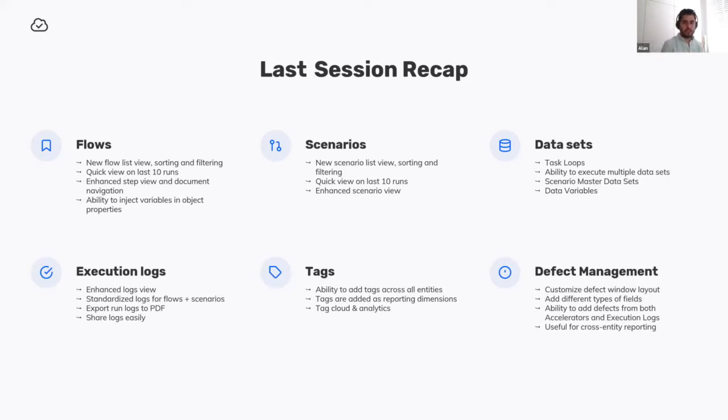We also showed a feature which is completely new compared to version 2, which is called tags. And this feature is really powerful in the sense that we can add extra dimensions to your content, especially from a reporting perspective, but it also helps you to organize your content in a much better way. So you can create relationships between scenarios, flows, and defects by using tags, and then aggregate that information towards your reports. And towards the end of the series, we also have a dedicated session on analytics and reporting. And then we're going to try to see how we can build reports using the tags.